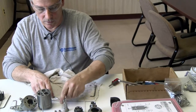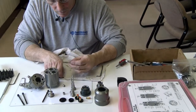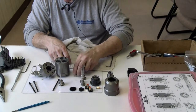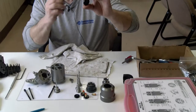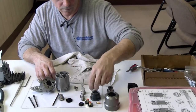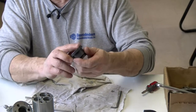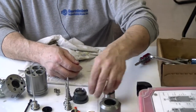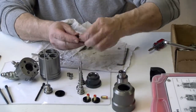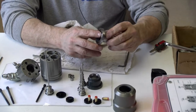And this looks pretty nice there. Everything's smooth on here. That's pretty clean there. That one's good. Clear right through there. My edges, nothing's burred up. This one here is pretty good. I always like to check this